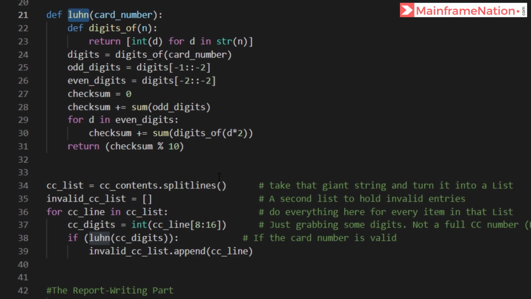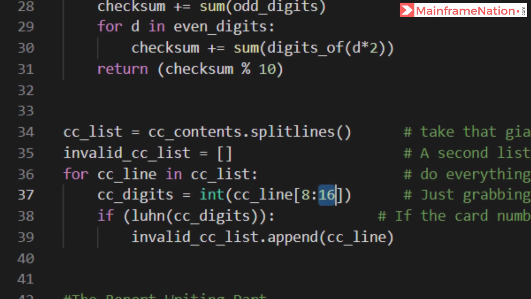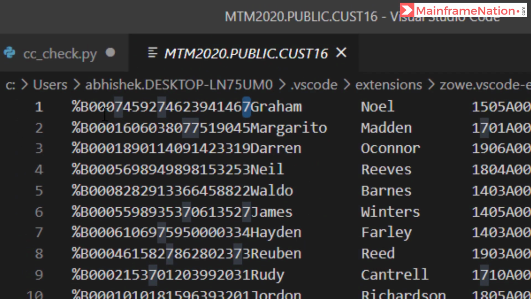This one. Also we need to change the CC digits. This line of code is telling us that the credit card number is starting from column number 8 and ending at column number 16. But when we go to the file, you will see that the credit card number is actually starting from column number 5.